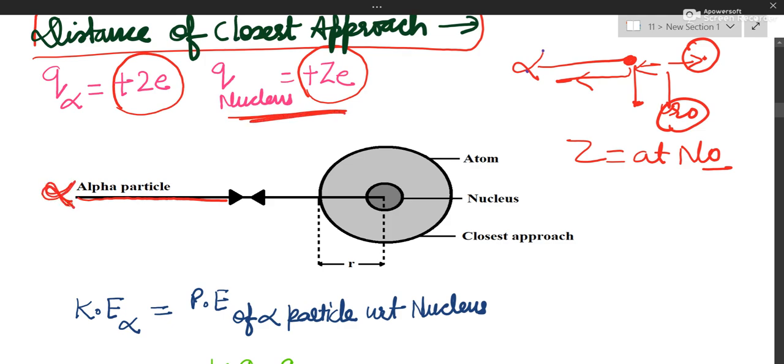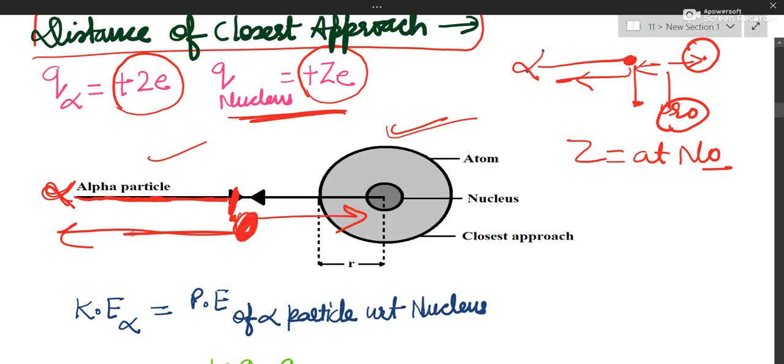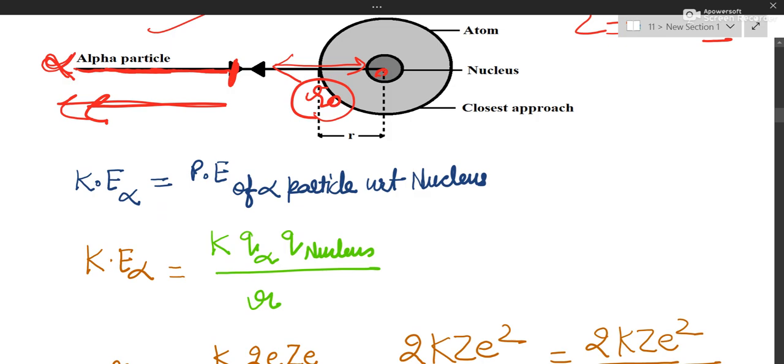So the alpha particle, we have given some velocity. It is moving, moving, moving. Up to here it can move. After that it has to come back because of electrostatic repulsion. Both are positively charged and the nucleus is so highly positively charged. So the distance between this point O where it stopped and came back, and this center O dash, is called distance of closest approach. From where the alpha particle goes back till the center of the nucleus is called distance of closest approach. You can denote it by R or R naught.